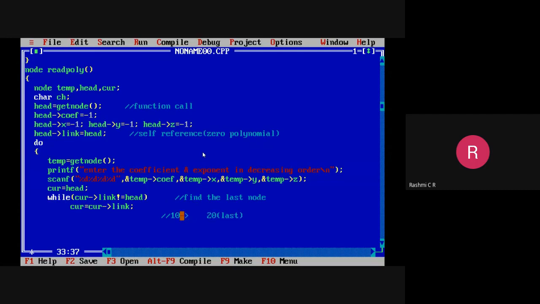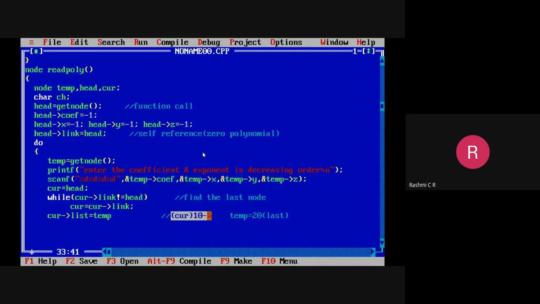Okay, so we have to do the modifications now for appending that to the last node. Current will give you the address of the last node. Using current, now I'm changing the value of link. So the last node link will now point to temp. 10 was my last node, and temp is the new node which I'm trying to append.